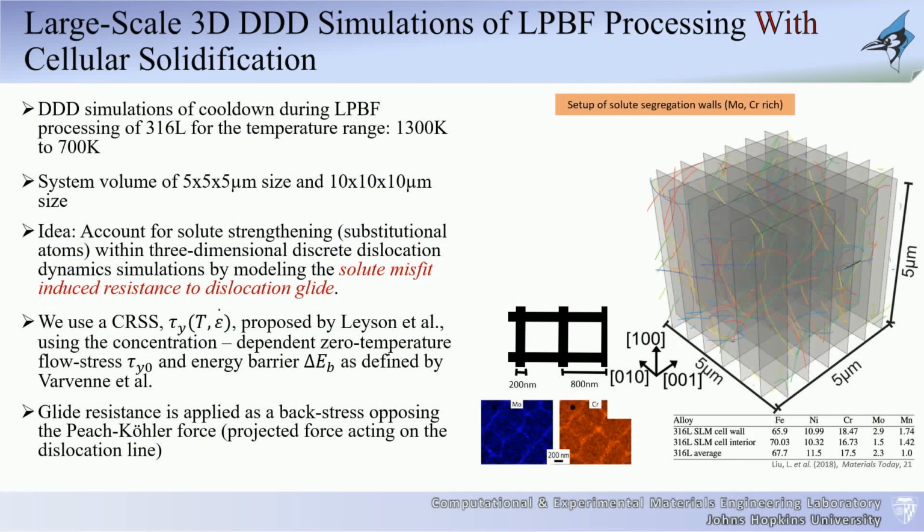As I said, I don't care how these cellular solidifications form, how these chemical structures form. I'm just going to take them from experiments. So if you approximate it, the black lines here represent the molybdenum and chrome rich regions. We know the sizes of these cells, we know the sizes of the walls, all that comes from the experimental characterization. So we build that into a schematic representation, which shows where these high chrome and high molybdenum regions are going to be.